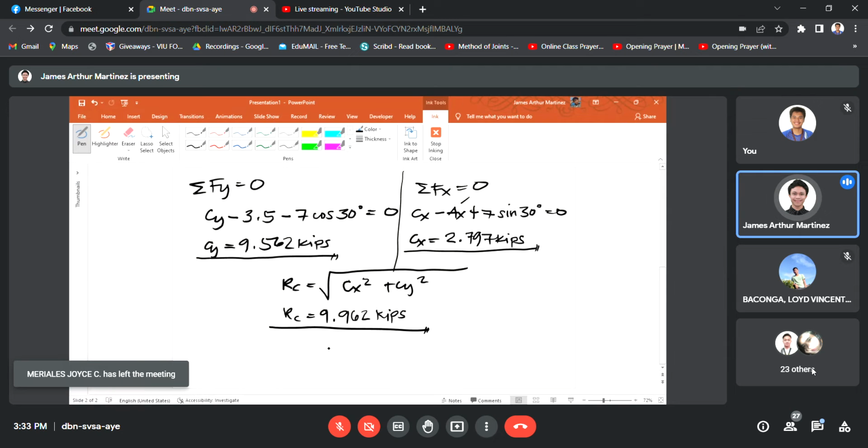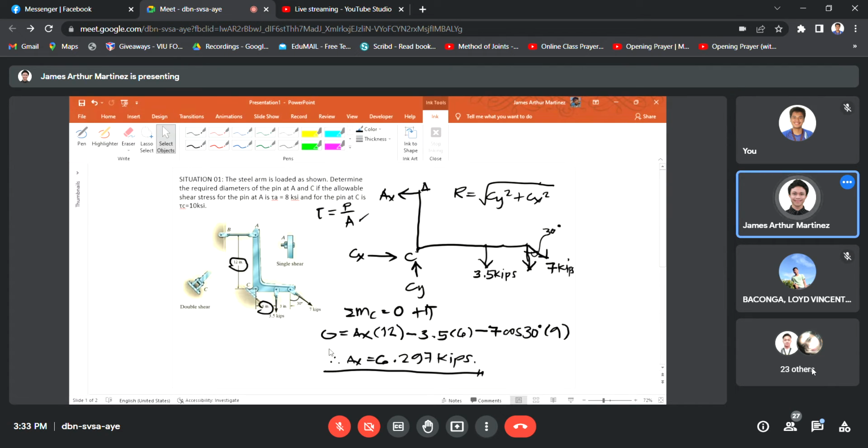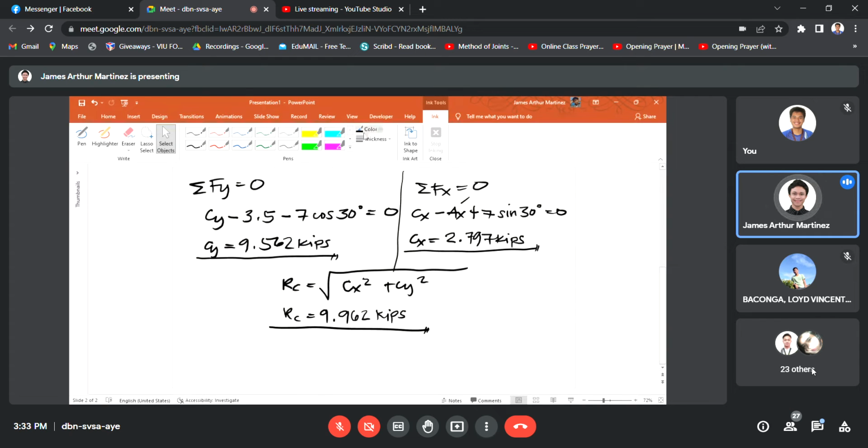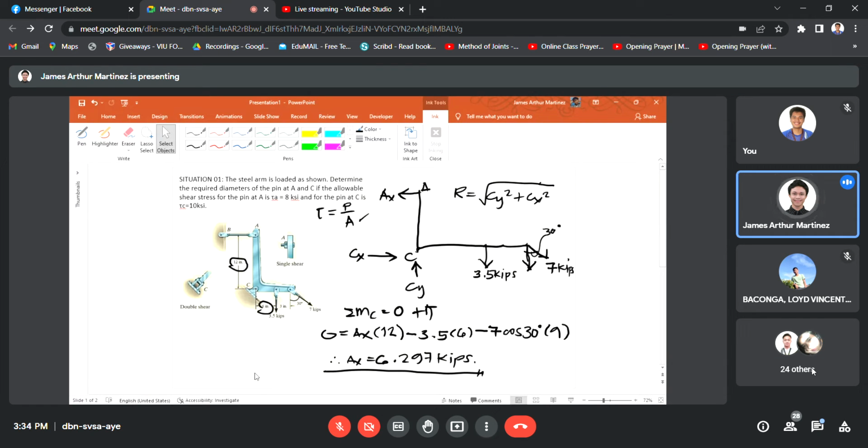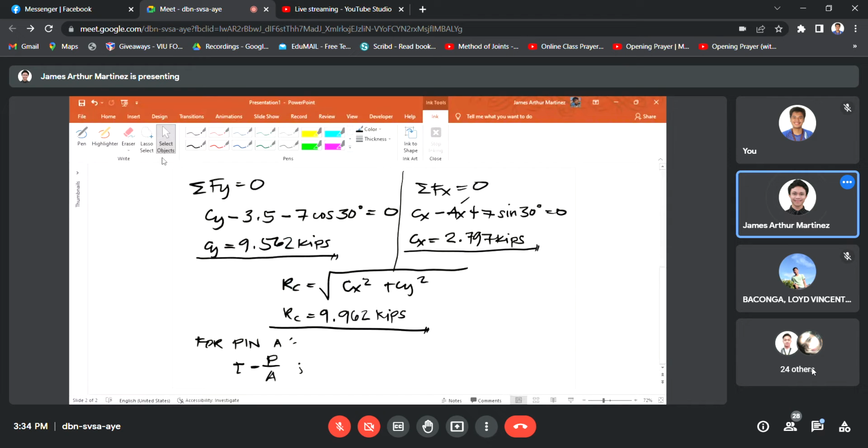So we now have the data that is needed to compute the required diameters at A and C. So let's analyze pin A first. So for pin A, since the equation for shear stress is just force over area, and you have an allowable shear stress for the pin at A, that is 8 KSI,